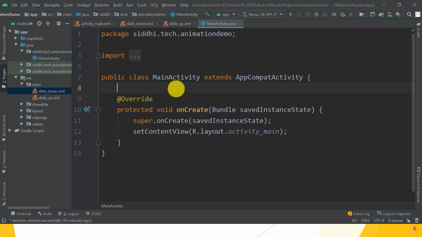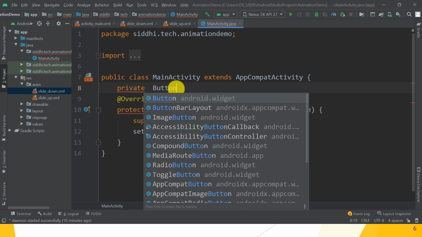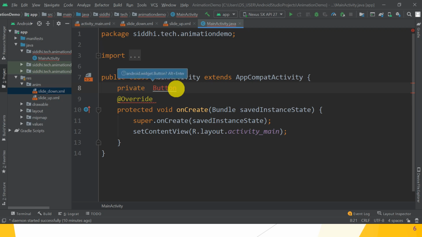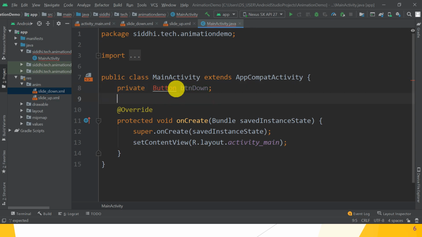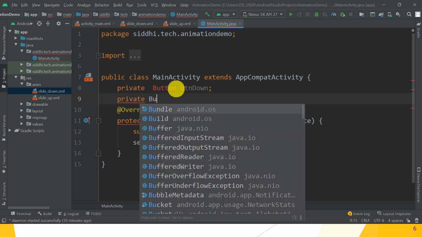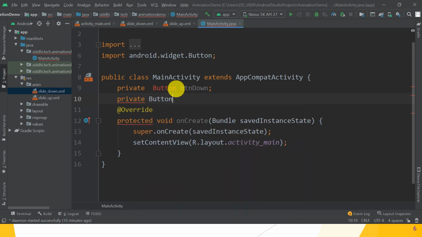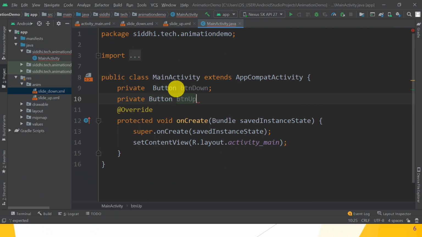So first, private, create the reference of the button, first button, that is Button buttonDown. So first button is buttonDown, then private Button buttonUp, that is the second button we have to create.